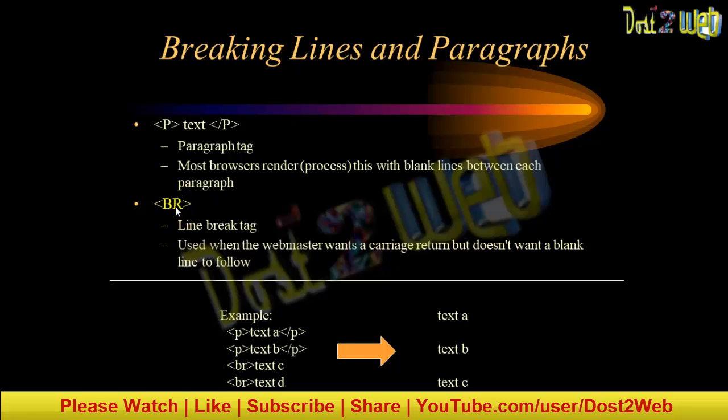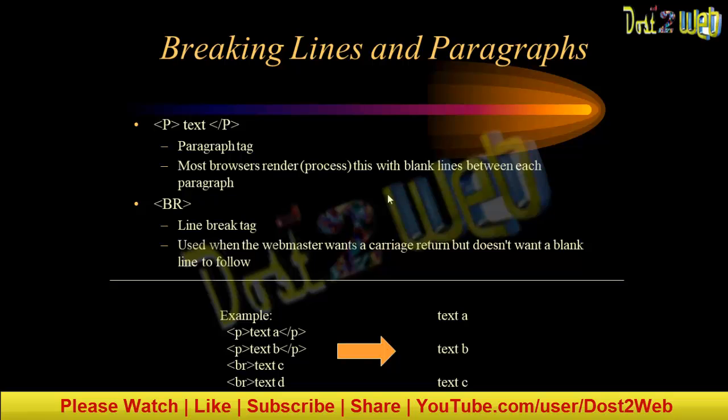You can see that for this BR tag there is no opening and closing. You just have to use BR in the tag, that's all. So it will get broken. For a paragraph, which we already saw, you can write any number of lines without a break, but once you use the BR tag, it will break.